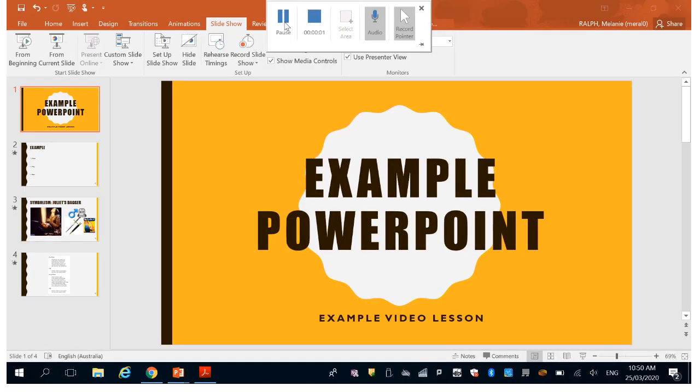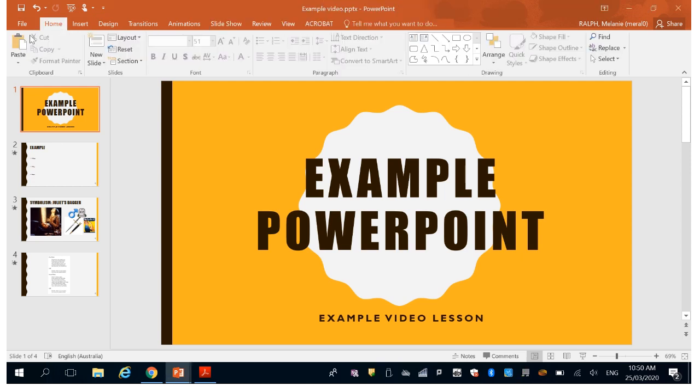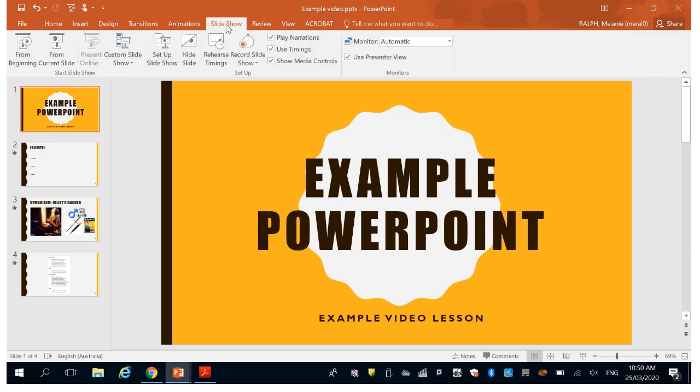Now I'm just going to give you an overview of recording an entire PowerPoint or even going slide by slide using your voice and recording live annotations. So I'm actually just in normal PowerPoint. You'll see normal stuff across the top, and I'm actually going to hit slideshow, and I'm going to click this one here, record slideshow. So you can start from the beginning of your slideshow, or you can just do it